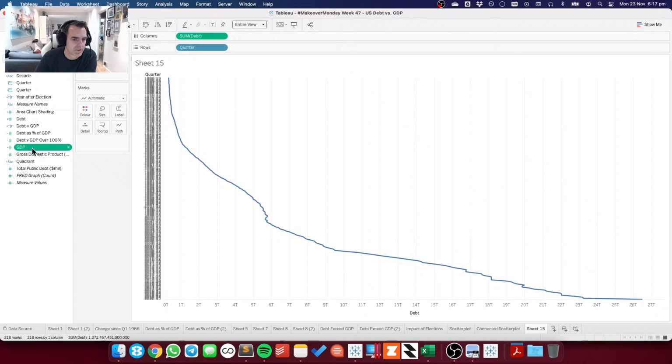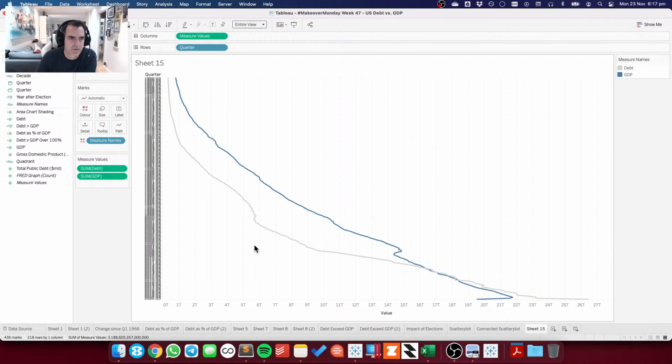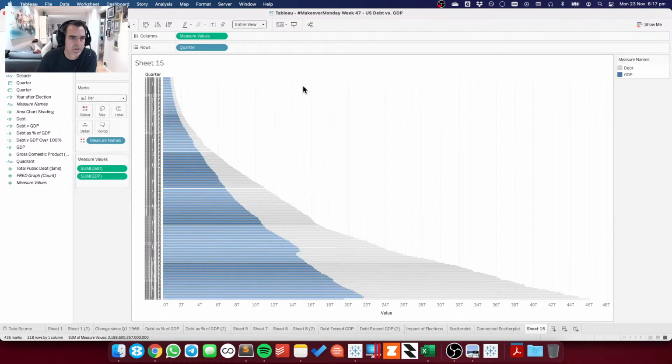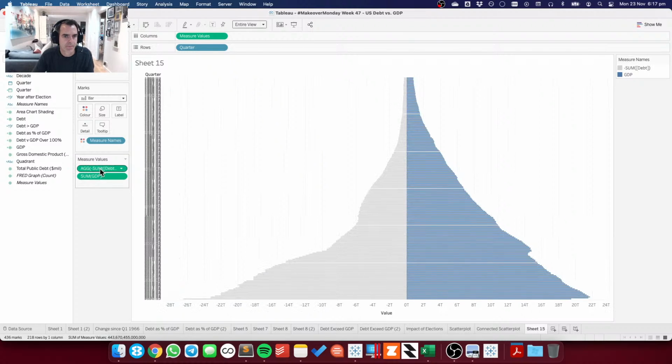And I'm going to put the GDP on the same view, and I'm going to make it a bar chart. But what I want is for the debt to go backwards because the debt is a negative. And now I've got a butterfly chart. So that looks pretty cool.